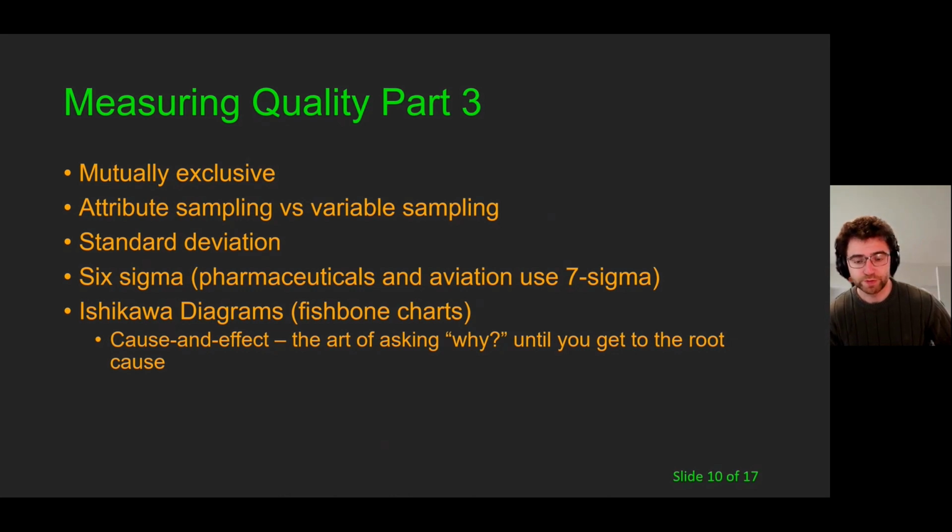Aviation and pharmaceuticals do this all the time, where even though there's a 99.99999% level of cleanliness and tolerance, they actually go to one other decimal point, because they know internally that if they stick to just those 6 decimal points, there's actually quite a bit of